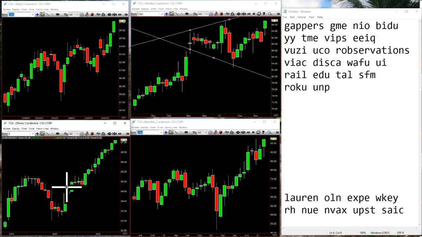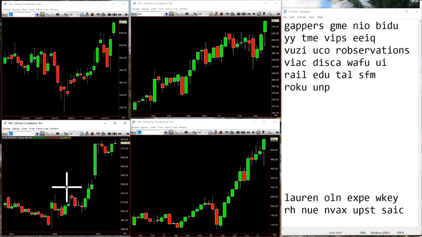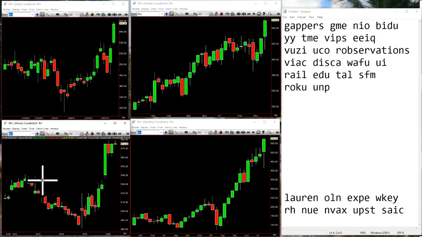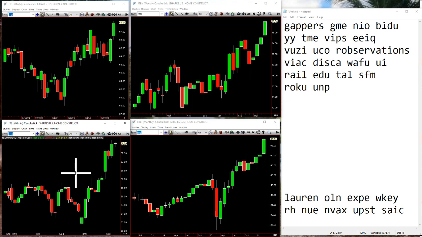RH, and RH. Having a nice little day again. Just exhaustion risk by going into the highs. Right, and you can see that stalls out a little bit here. We'll see if there's anything more to it. Go to your 60 here. Tries to go up a little bit, but stalling out. We'll see. If we go to ITB Home Builders, right, which has the Lowe's and the Home Depot in it,